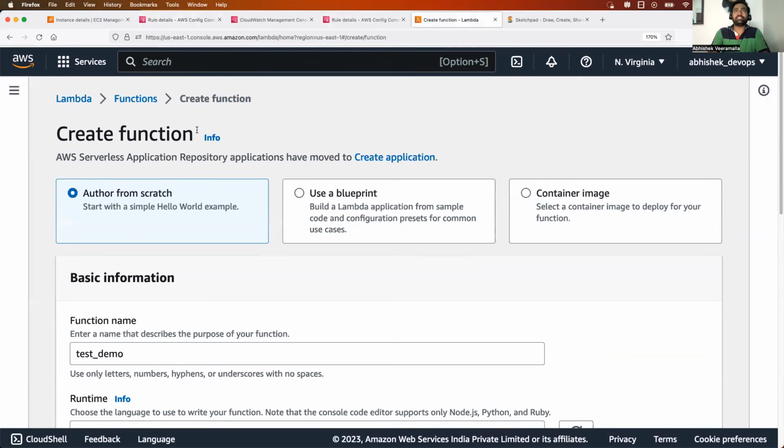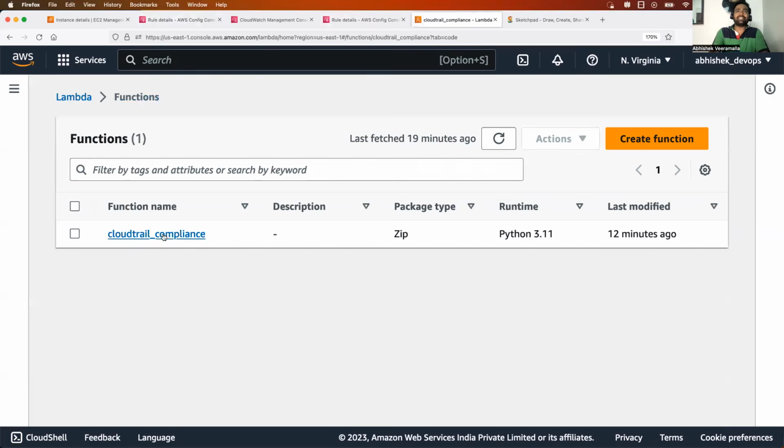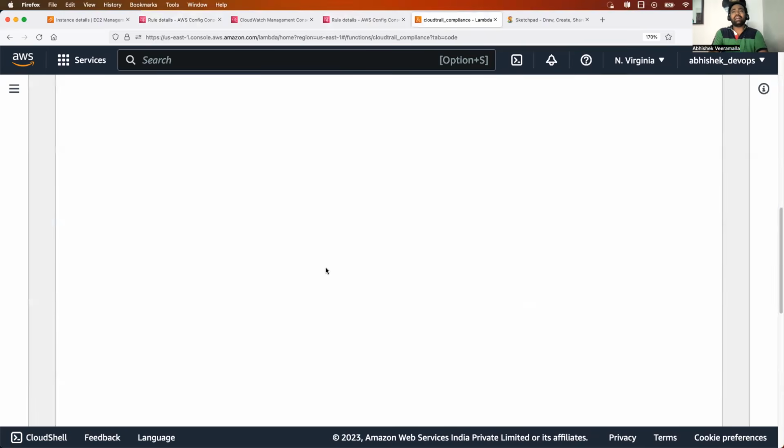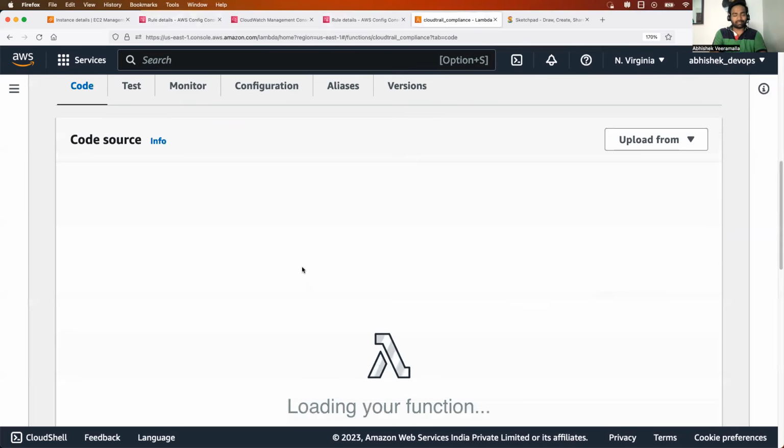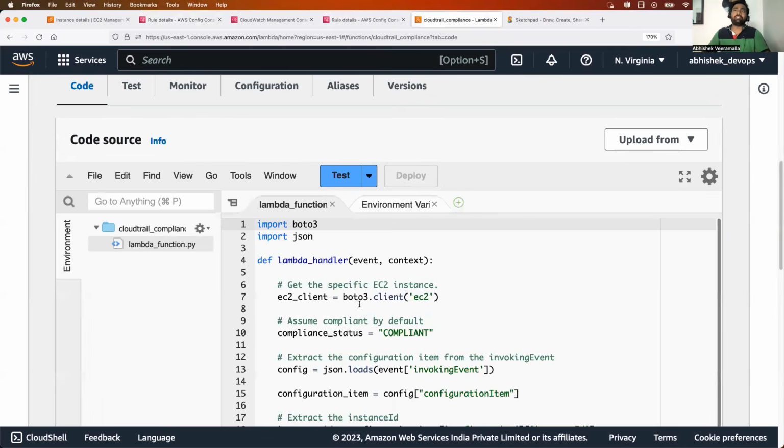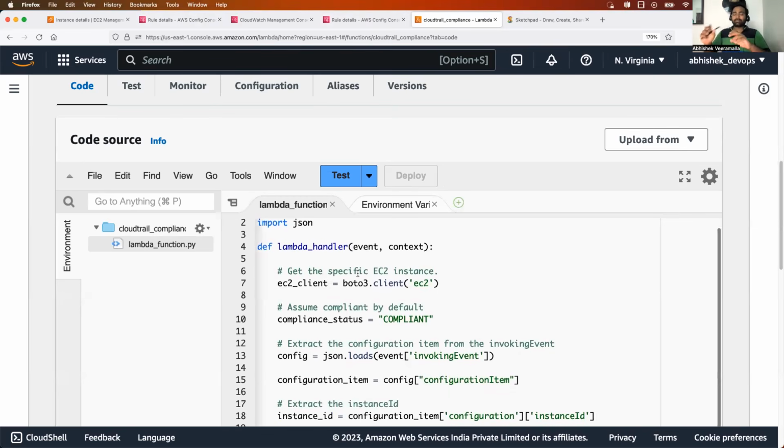Sorry, I'm slightly getting confused with the tabs. Yeah. So click on the function, click on this one. So this is the code. I'm going to place this entire code in the GitHub. But let's try to understand what I've done here. I'm also going to explain what permissions are required for this Lambda function so that you can also grant the same permissions. Okay. If you go to the configure option